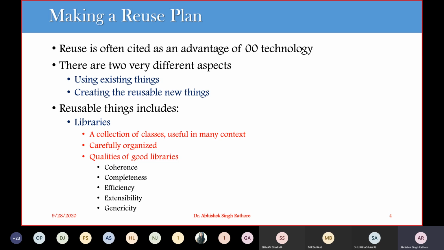Then we'll go for genericity. A library should have parameterized classes per definition, where appropriate. When we are considering genericity, we should provide some information on how to use all those things. For example, let's say we use docstrings in Python. They provide the different parameters for particular classes or functions, and how to use them. This is how we can achieve genericity, and reusability for a particular library.